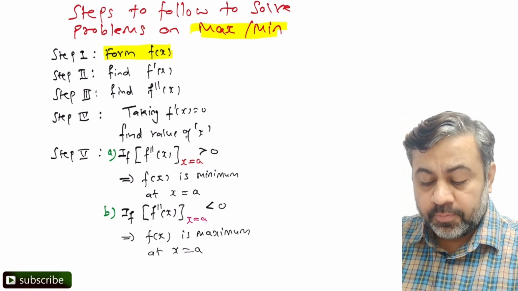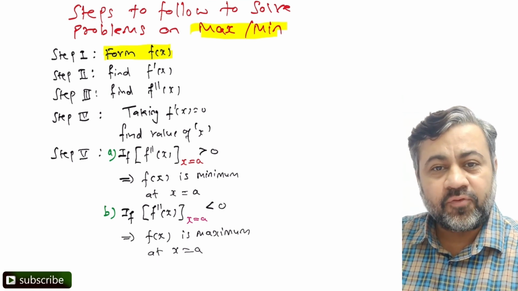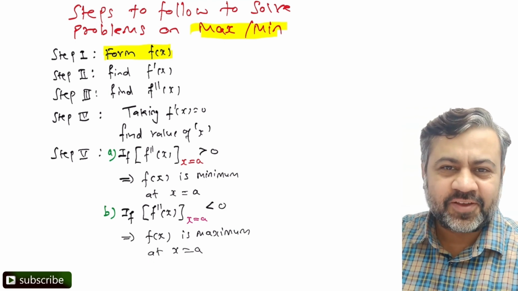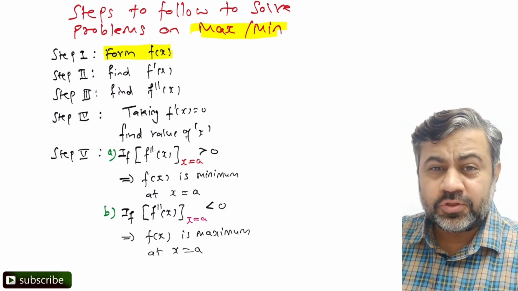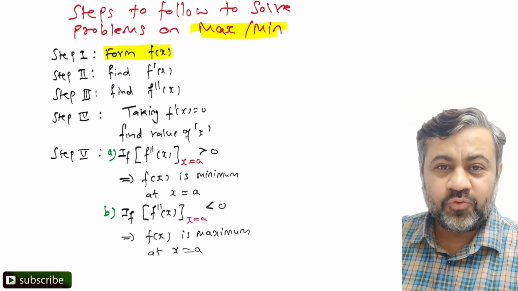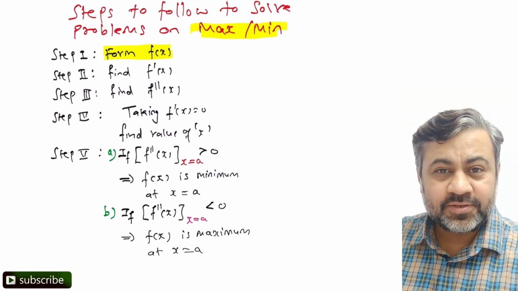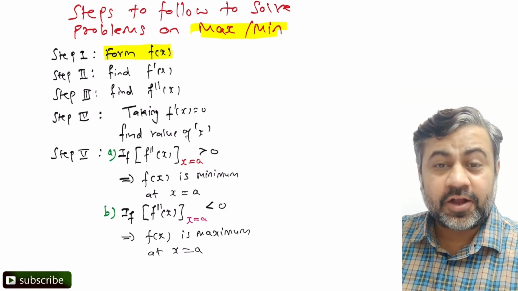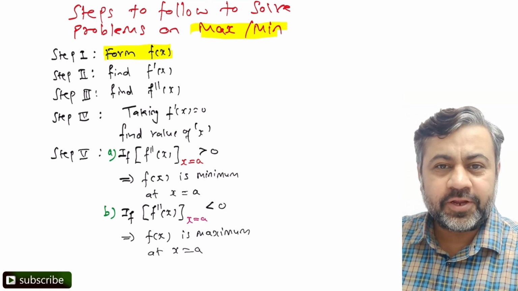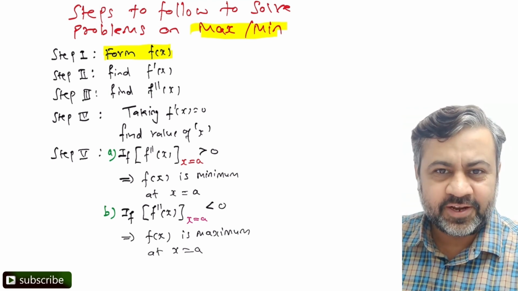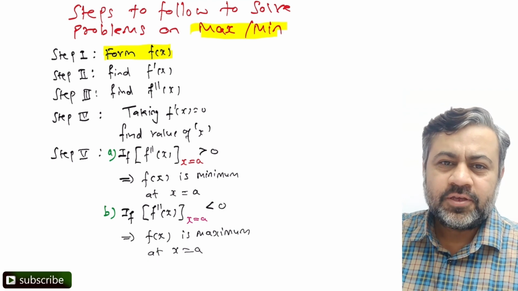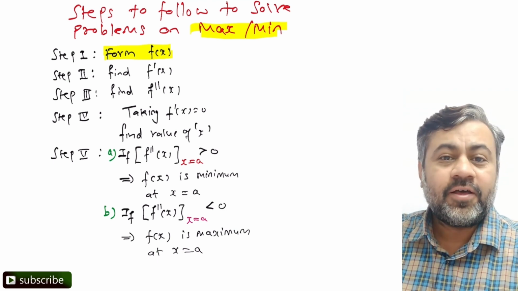Now, many times in the exam, you are given a word problem where forming the function is the most difficult task. Now there are two things in the question. One is the value which you need to maximize or minimize. The other thing is a condition which will help you to convert all the variables into a single variable function, that is f of x. So suppose the question has, say, length, breadth and height.